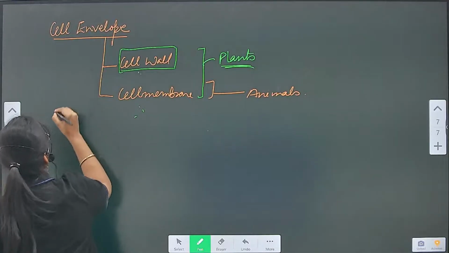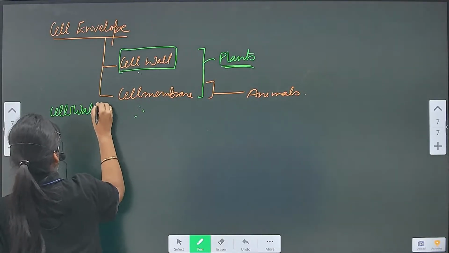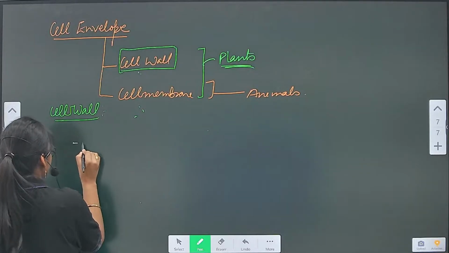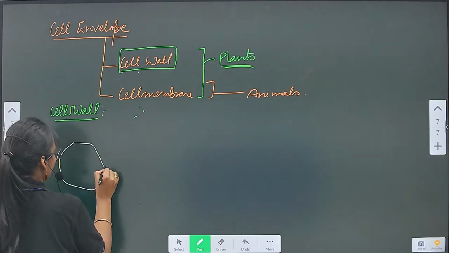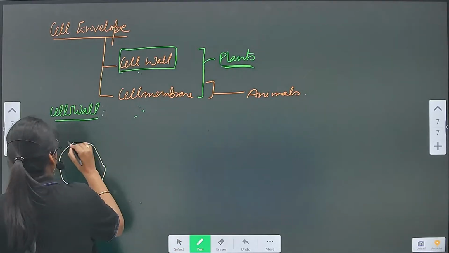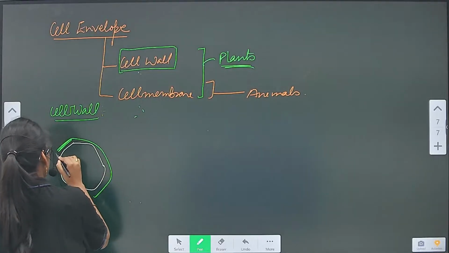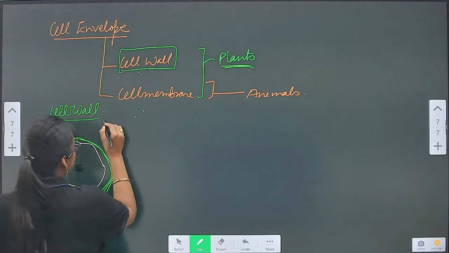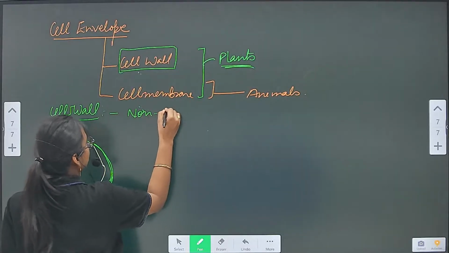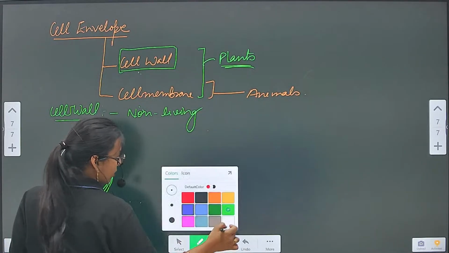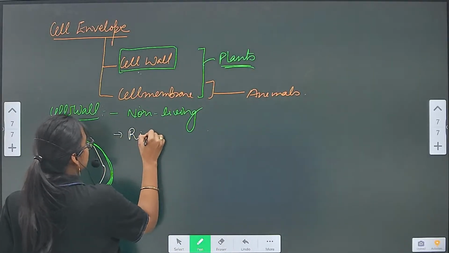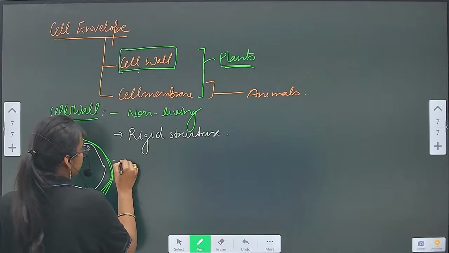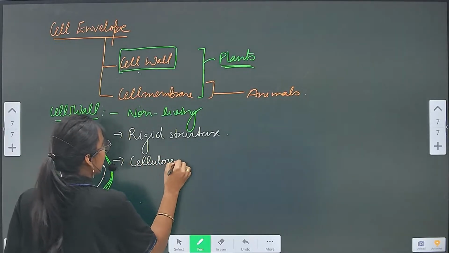Cell wall. See, if this is a cell, the cell wall in the plant cell is the outermost covering, and you must be aware of this thing, that the cell wall is a non-living, rigid structure that is made up of cellulose and pectin,